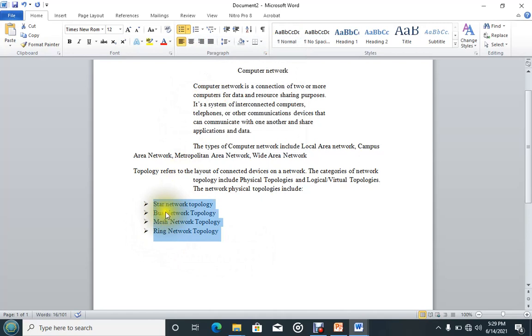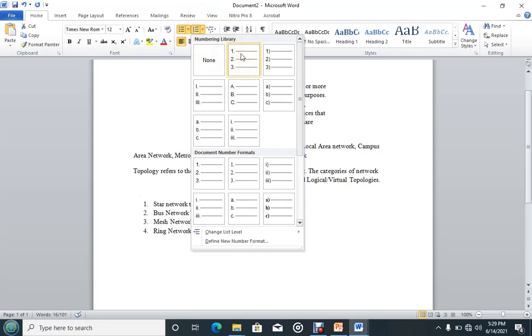In case you want to change it to numbering, still you do the same, and you come now to this one here, not this one. This one is for bulleting, this one is for numbering. So under numbering, there is that arrow there also, that when you come, you can use 1, 2, 3. You can use that one with the bracket. You can come and use ABC. We have Roman numerals there, your choice. So that is how we can number or bullet our list.